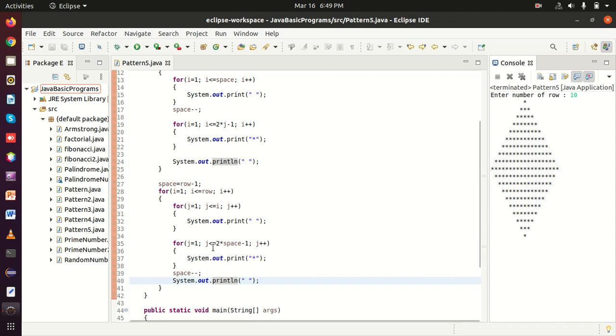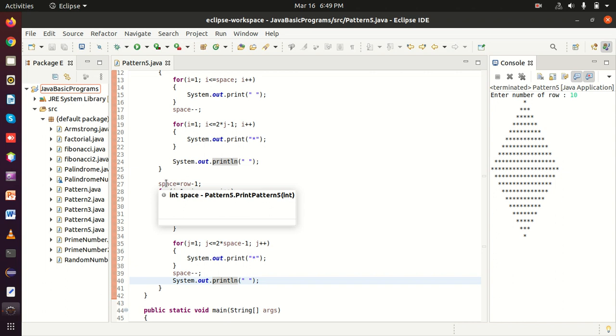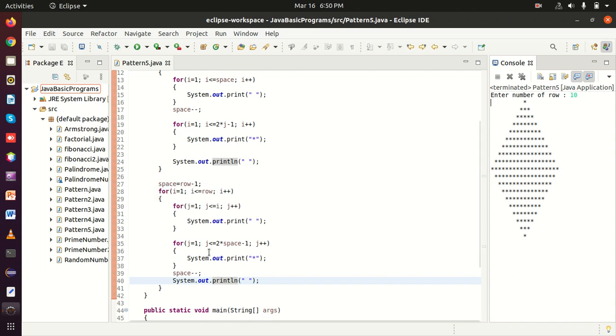The value of j is 1 and the value of space is row minus 1. The value of row is 10. 10 minus 1 will be 9. 9 is going to be assigned to the space variable. Now the value of space is 9. It will follow operator precedence.